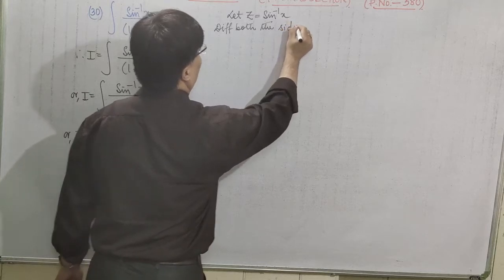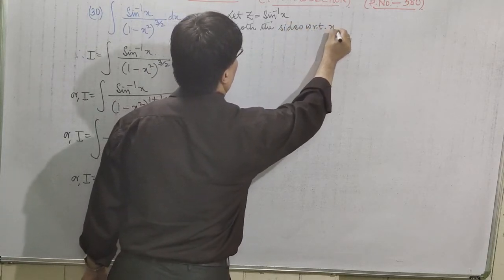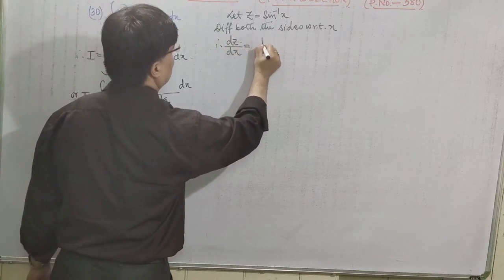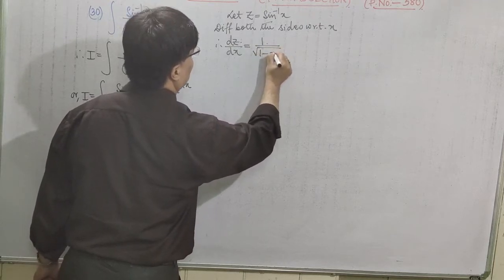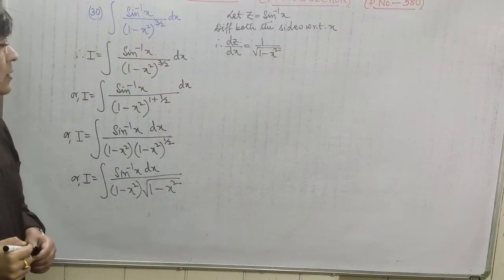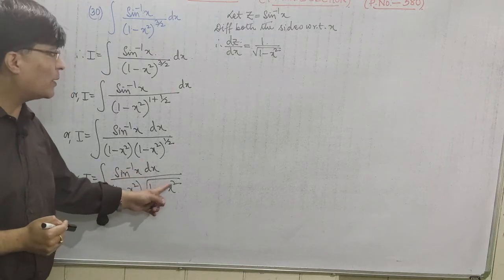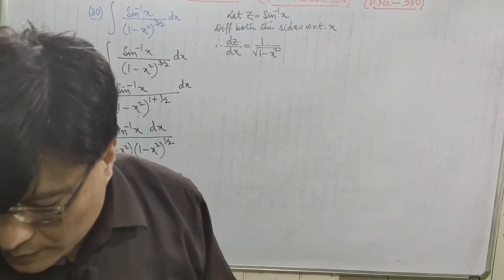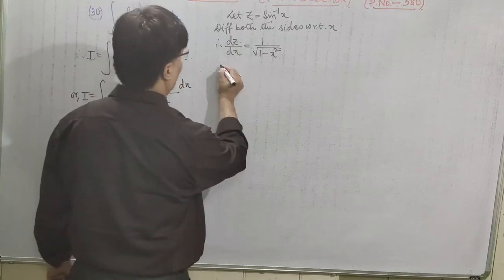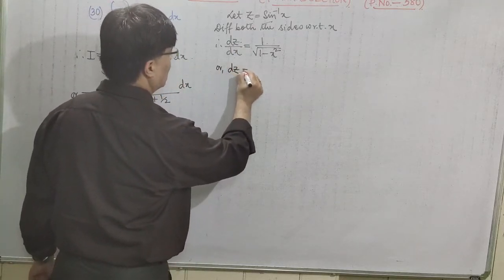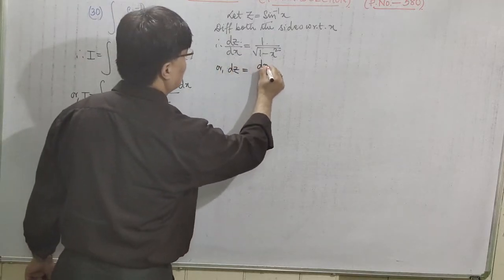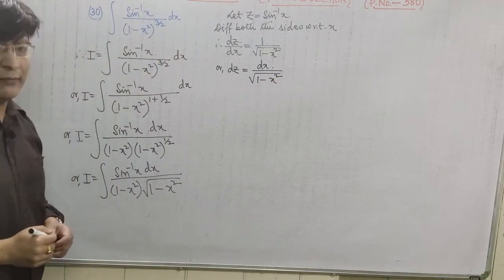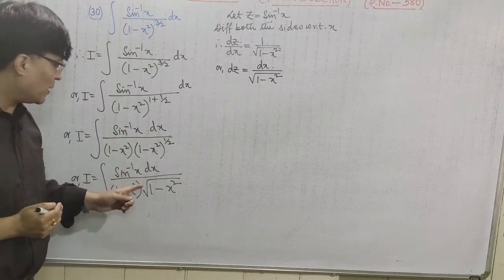So differentiating both the sides with respect to x, what do we get? That is dz by dx is equal to 1 upon root over 1 minus x square, isn't it? So now you can get the value for dx divided by root over 1 minus x square. Let's cross multiply by dx, so we have dz is equal to dx divided by root over 1 minus x square. That means we have got the value for dx divided by root over 1 minus x square, which is equal